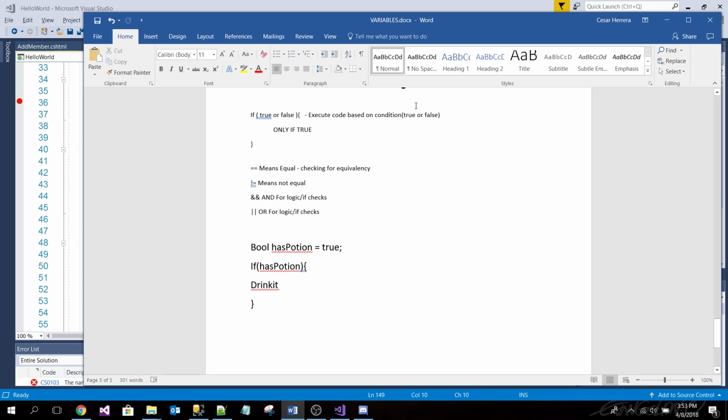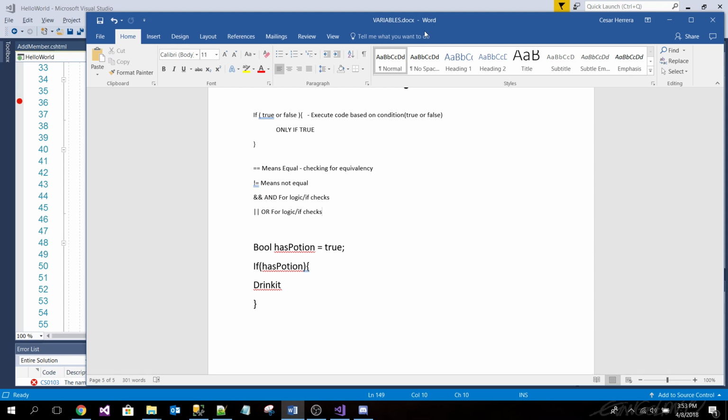You guys are going to be doing a lot of that. This is your bread and butter. I know it seems silly and easy now, but I really suggest you pay attention to this one, because it can get pretty tricksy. So let's see, I could say if hasPotion equals false, right?